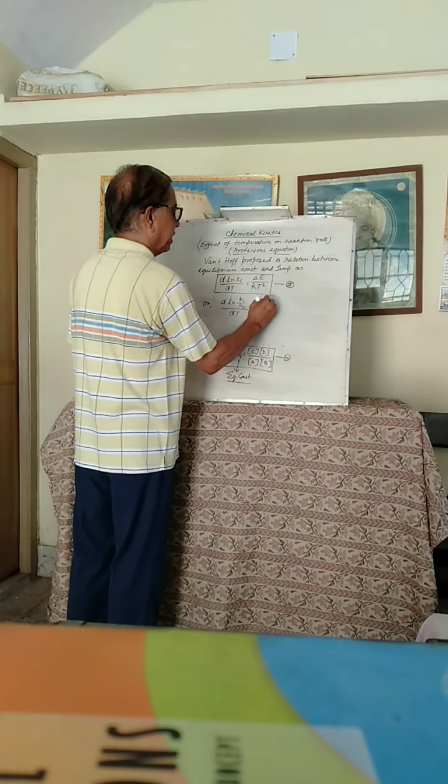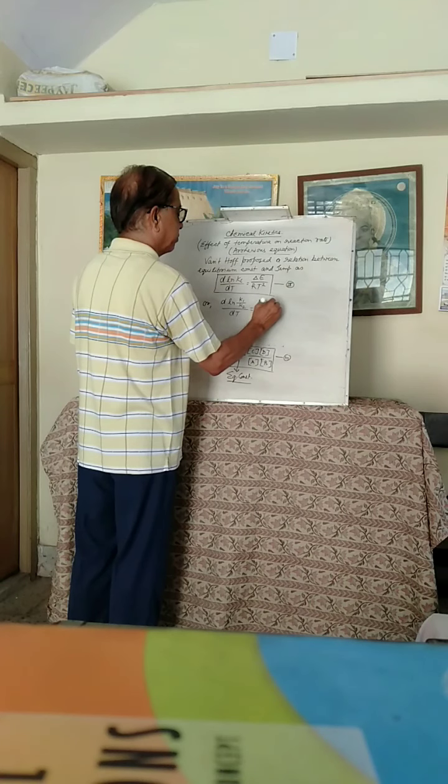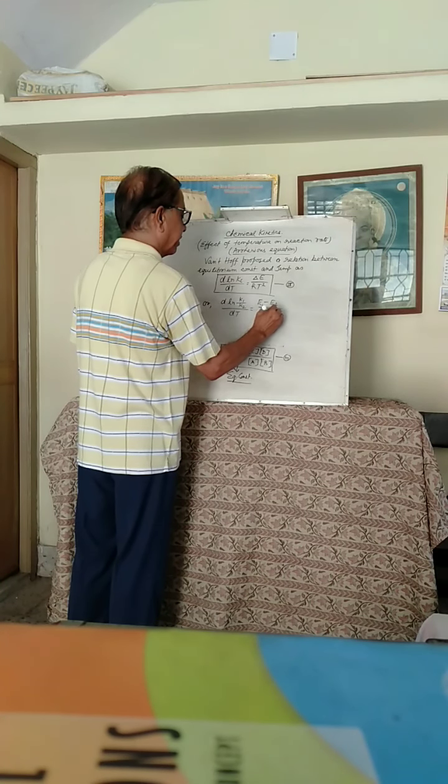Here E is known as energy of activation, E1 minus E2 upon RT square,